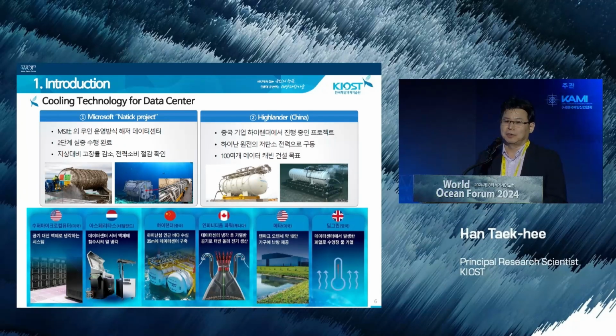So you need air conditioners to cool the machine, to cool the servers, and SK is talking about liquid cooling, and Microsoft suggested underwater cooling, and they conducted testing. And in China, Highlander built an underwater cooling system, just like Microsoft. And Microsoft completed third phase testing in Scotland, and they disassembled all the machines, and